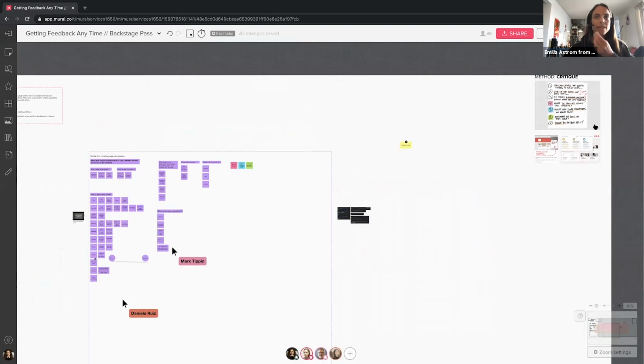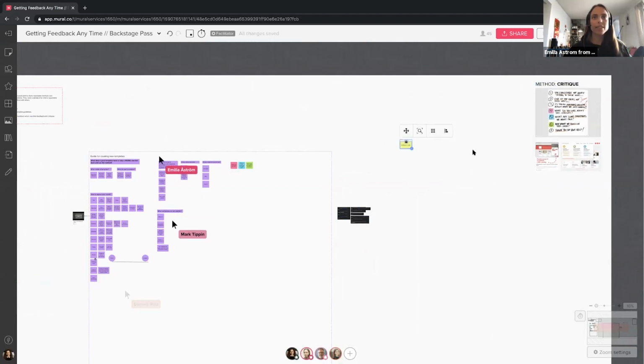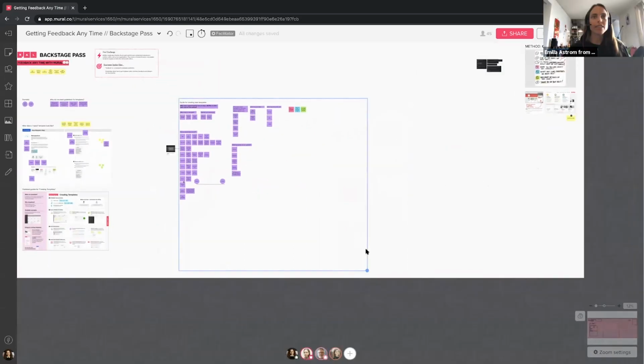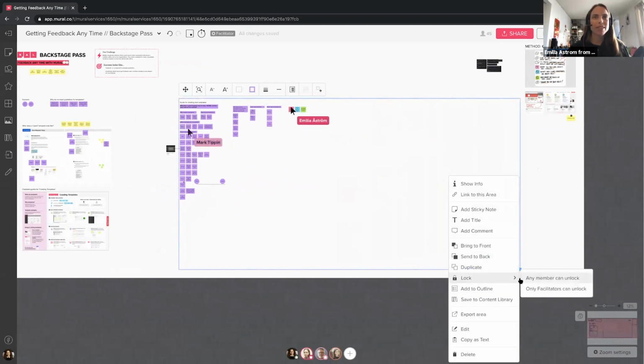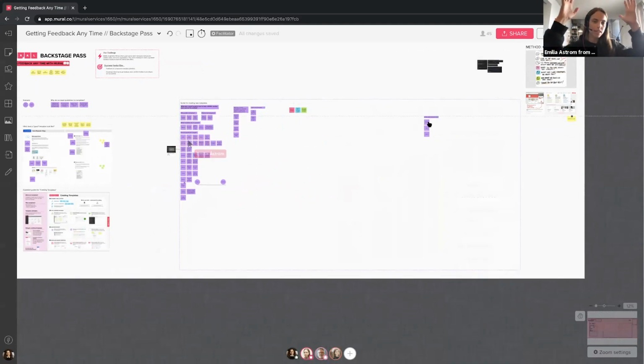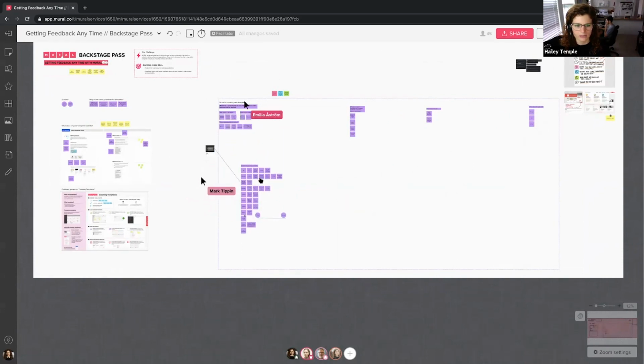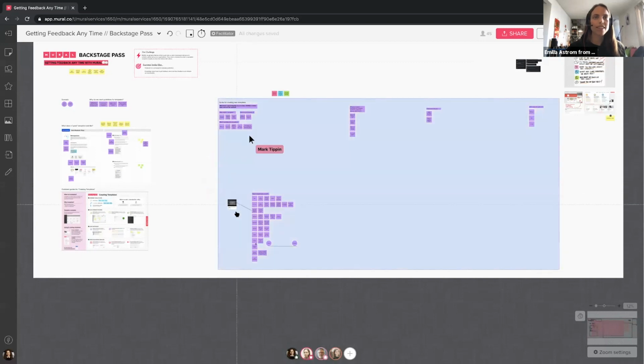Yeah, the idea of the outline, these three that go on the side, these three. Oh, sorry, the areas. So these three over here, these are kind of other things. They're not part of the actual building blocks in the guide, but they're separate from the rest. So for the chronology of the guide, it might be useful to keep it as a line, because that's the way you would kind of read the page from top to bottom. Got it. Okay. So is it okay that I'm moving this stuff kind of wider, but still keeping it in a flow? Or am I breaking it? Okay. No, that's fine.